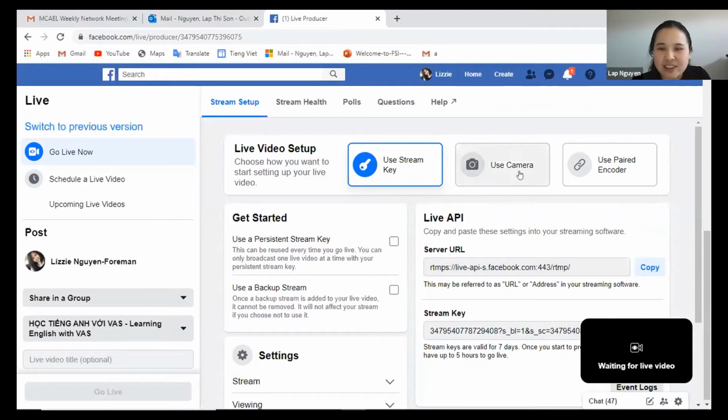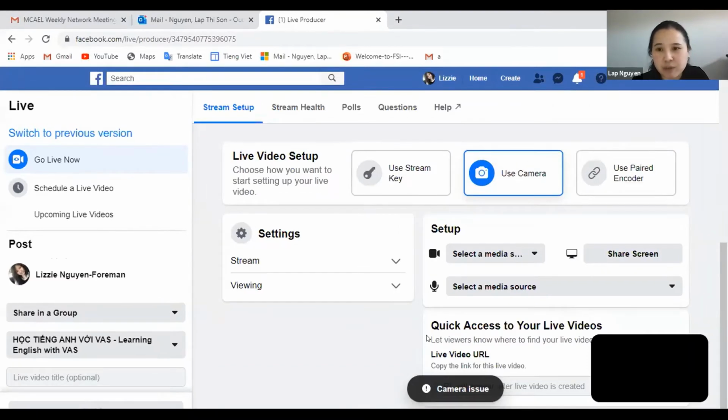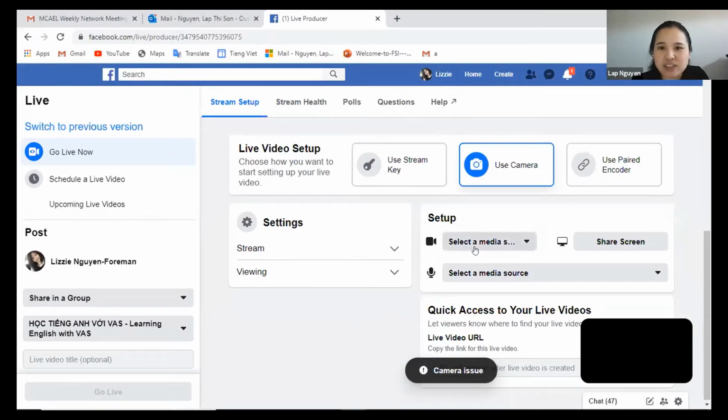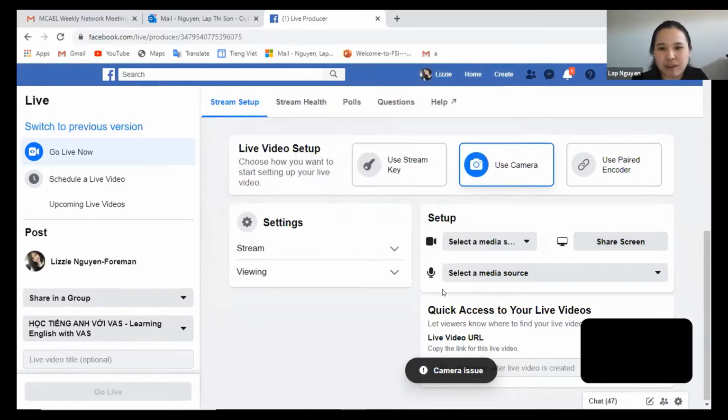Right here you see the option to use the camera. As I mentioned, if you would like to live stream directly from Facebook, not using Zoom, you have the function to show just yourself, or share your screen. That means you can share your lesson through PowerPoint or whatever you use to prepare your lesson. The only thing is that Facebook doesn't allow you to switch back and forth like you can when you live stream from Zoom.